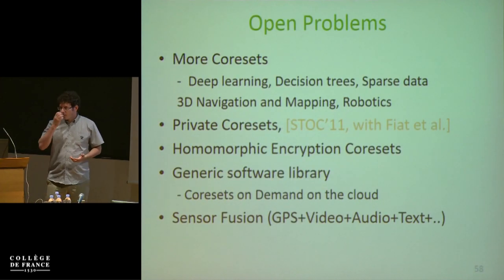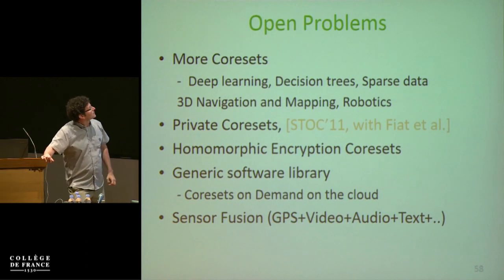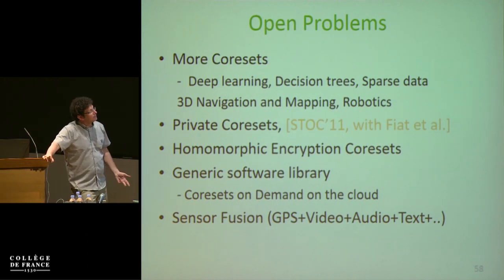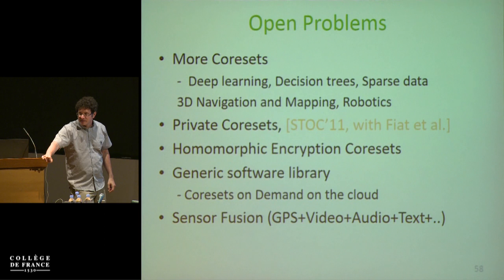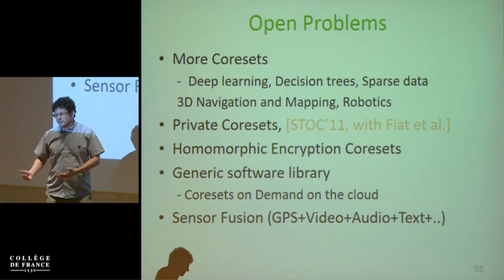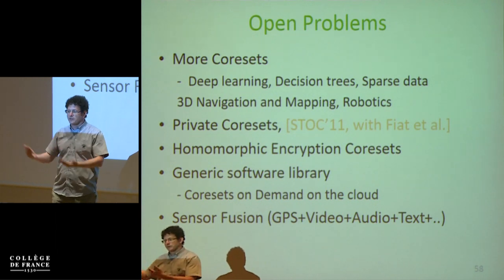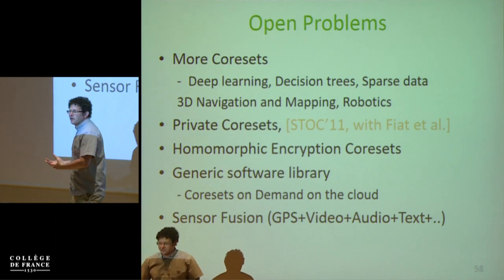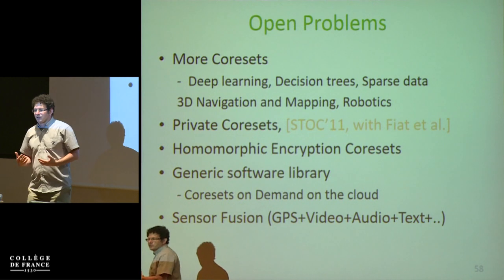I will mention some open problems that we are working on these days. First of all, we want coresets for deep learning, which is very popular these days. The idea is either to make deep learning faster, so instead of 2 weeks of training, you will have 2 minutes of training. But the real goal is to get rid of deep learning,